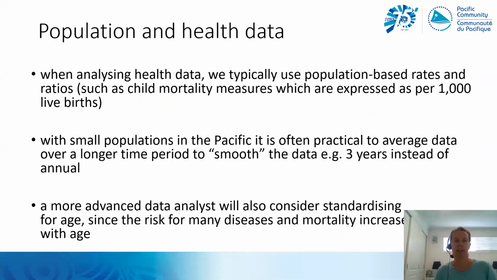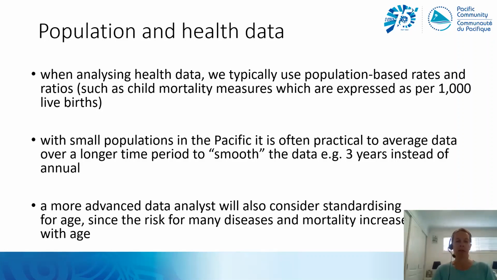We'll introduce health data now, and health and population data work really well together. So often when analysing health data, we want to relate illness and the risk of catching a disease or the risk of dying to the population at risk, so that we can get a true indication of the level of health or ill health in a population. So our child mortality measures, which are some of our Sustainable Development Goal indicators, we express those as the number of events per 1,000 live births. And our crude death rate, we use the total population as the denominator.